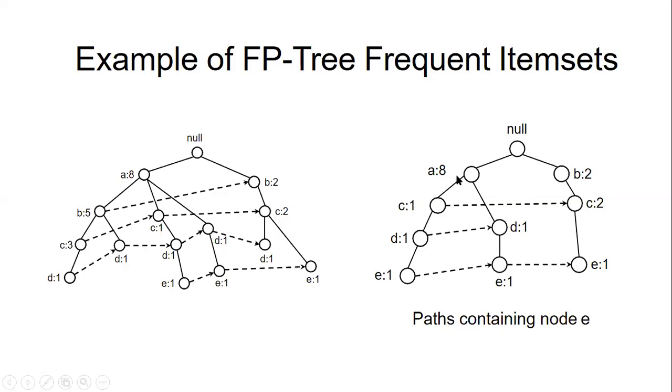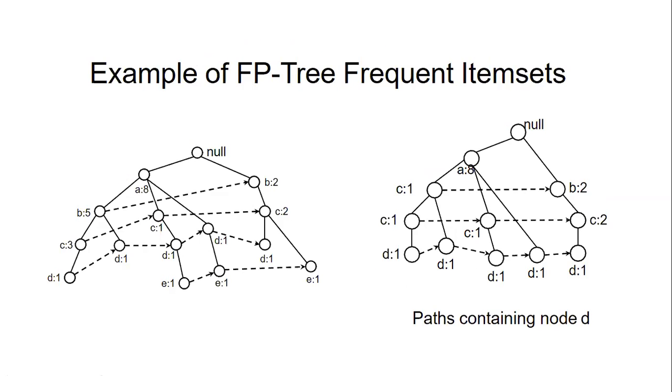So if you observe, we have A, C, D, E, A, D, E, B, C, E, like this. That means the transactions which are containing E. In other words, the transactions which contain E. Next, in the bottom up approach, first we extracted the subtree which is ending with the node E.